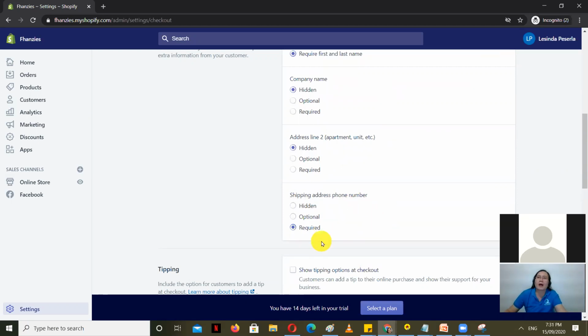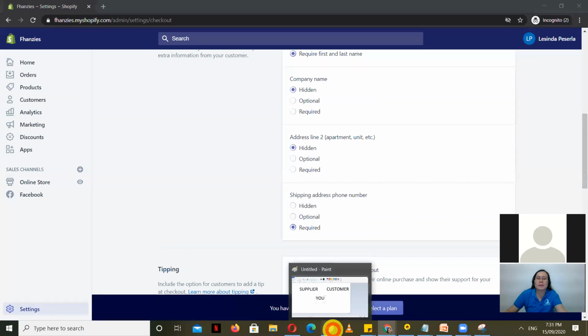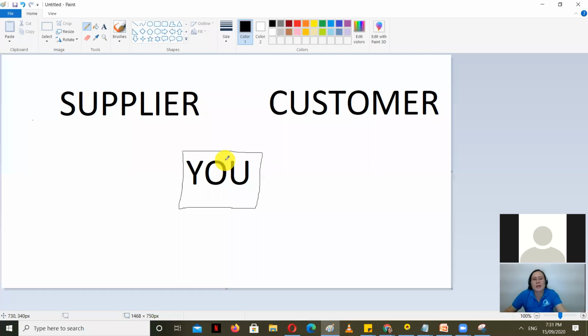Diba? Kasi 'di ba, in drop shipping, later you will understand what is drop shipping. Okay, I have here a sample. Drop shipping, example, this is you, the online store, and then there is a customer, nag-buy siya ng product, and yung products mo is not in your physical store, di ba? Nandun siya sa supplier. So if the customer buys the product, you will check if that product is available to the customer. And if it's available,